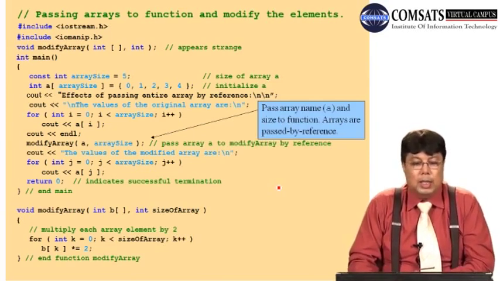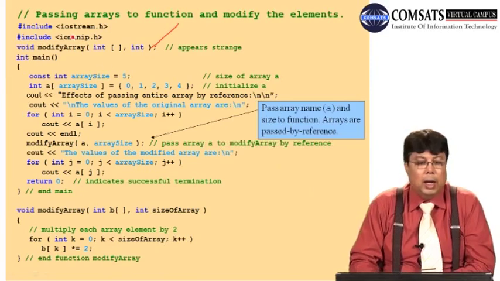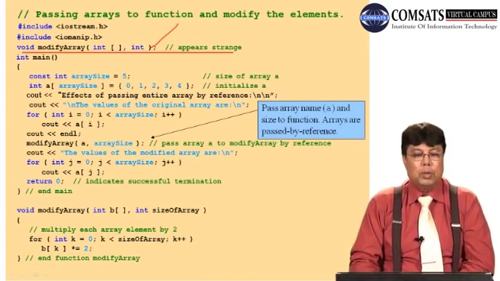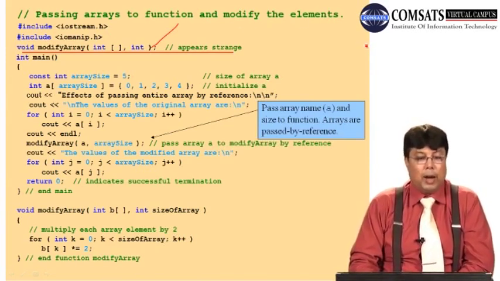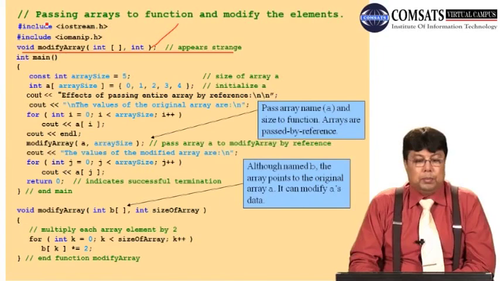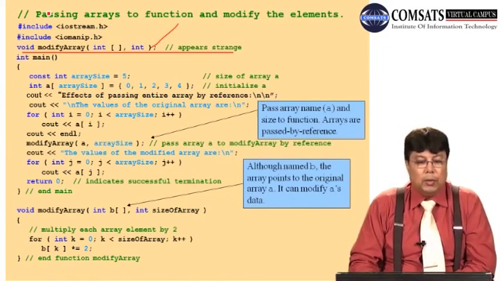In this particular example we can once again see that we have declared the array, and we have given it a prototype declaration, modify array. In this modify array we have not used const, which means we can just modify it. Then the main program: we have declared the size of the array, and we say that the size of the array is equal to 5. Okay, so we start the particular function,